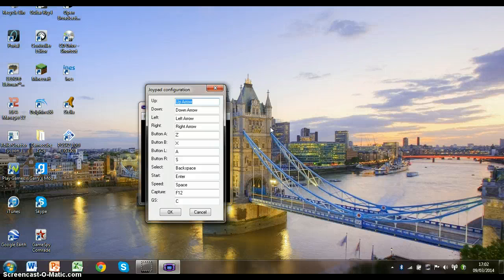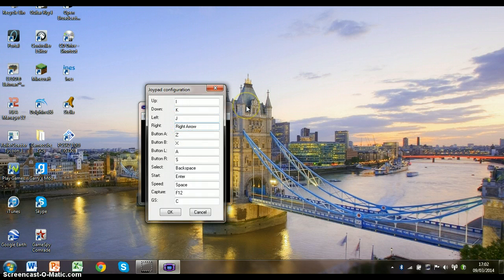So say I wanted to play, because I might be left-handed. I'm personally not left-handed, but if I was, I can set this up however I want it. But personally, I'm going to set it up with I being up, J being left, no, K being down. Oh my god, this is really temperamental. K being down,